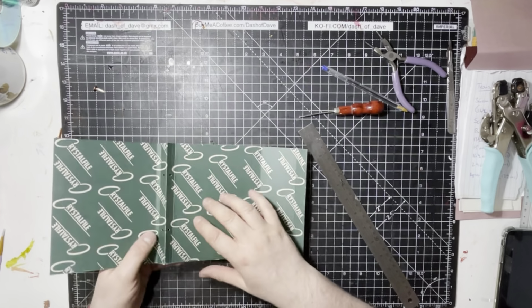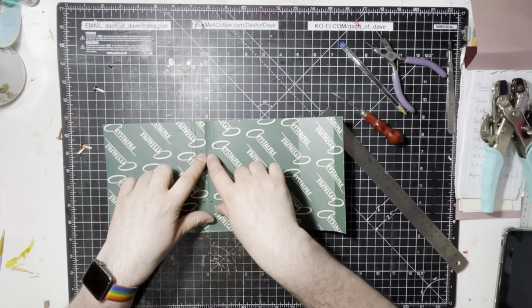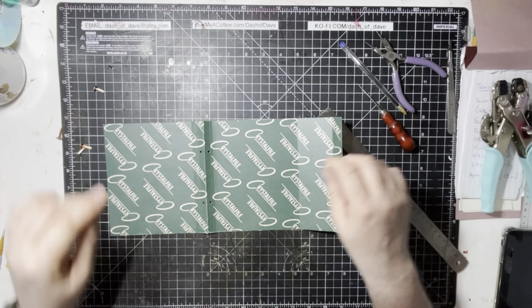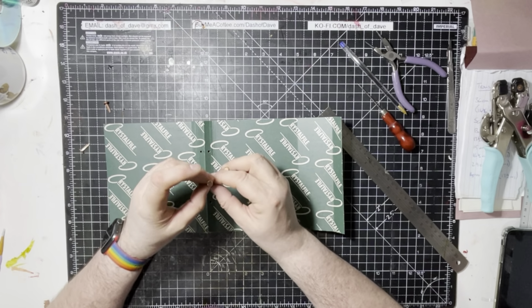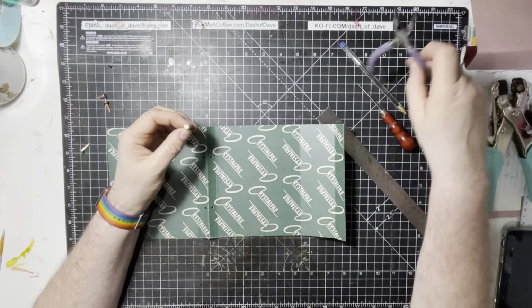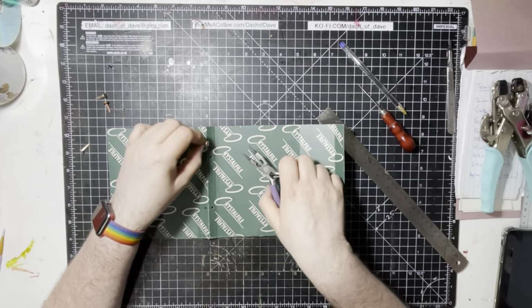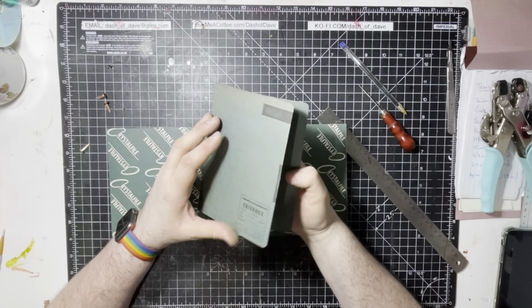Okay, so that's what we've got now. That's what it looks like, and it's supposed to look like this with a double hole here. Then what we're going to do is add split pins. I don't know which ones I want to use, whether the matte finish or the shiny. And what we're going to do is flatten these down, because inside our little folder,